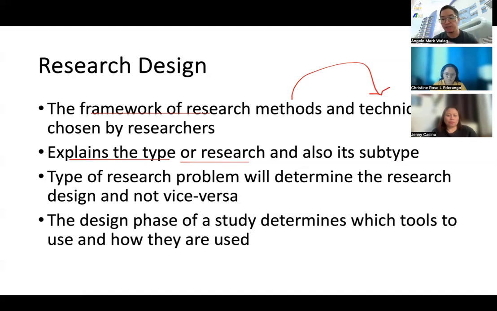In my opinion, that is what foreshadows it. You give the readers already an idea what to expect in the paper. And then, the type of research problem will determine the research design and not vice versa. I always tell my students not to begin with the design first and then fit your research problem to that design, because ultimately that would be faulty, since the problem is now not based on a gap in the literature, but rather based on your preferred design. And often that would not be novel.